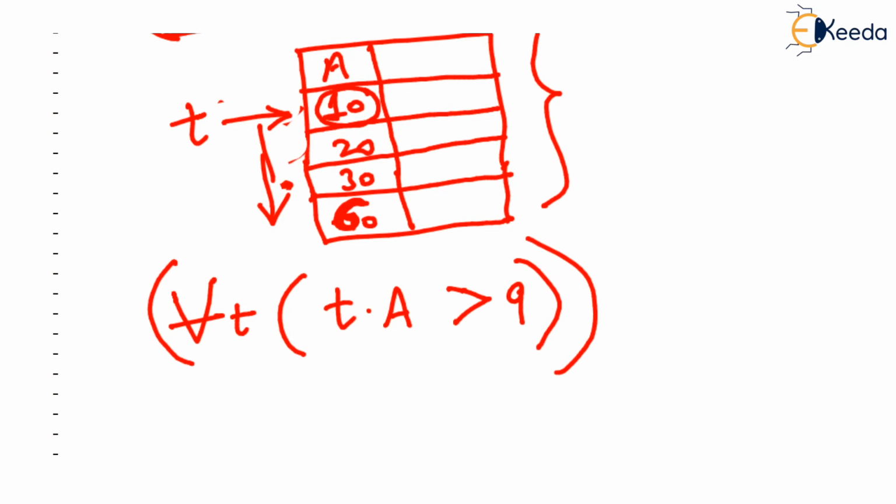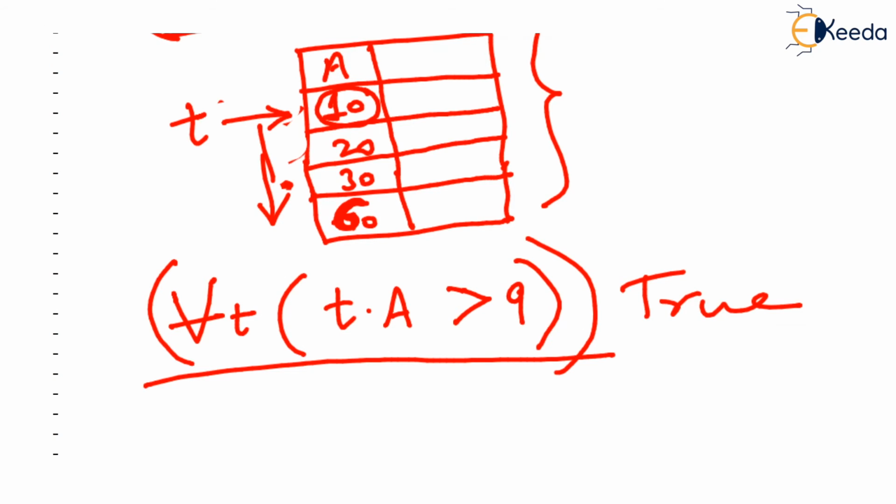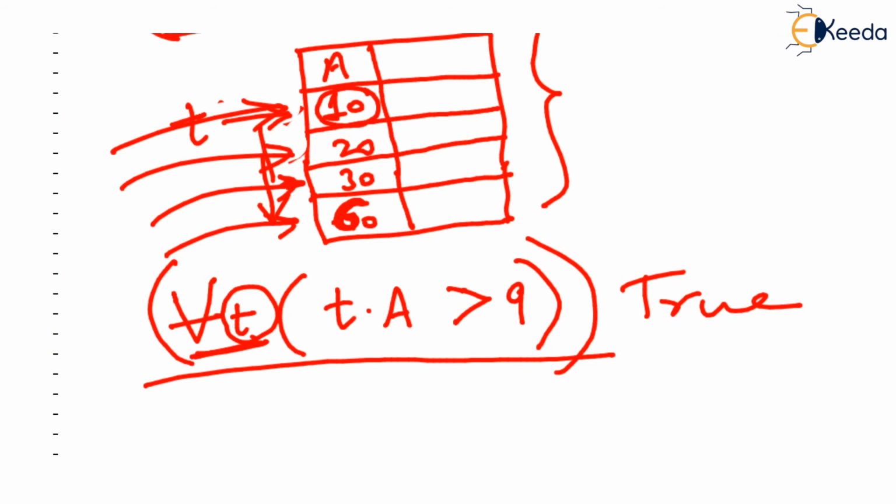Now, what I am saying is that this is a condition. This condition will be announced to be true finally only if for all the tuples, check that this t is again a variable which will go to the first row, then second row, then third row, and all the rows one by one, such that for all the tuples, this condition t dot a greater than 9 should be true. And indeed it is true. You watch, all the values of a are greater than 9. But when can TRC announce that this condition is true? I hope you are understanding now. It can announce only after checking all the tuples.